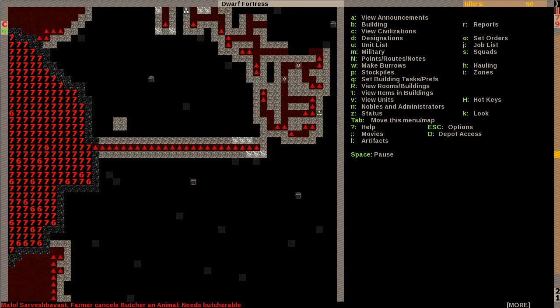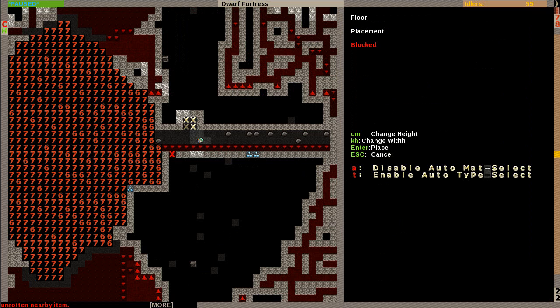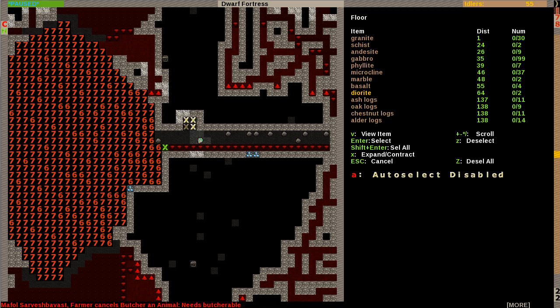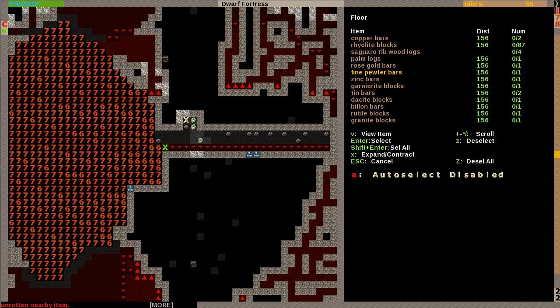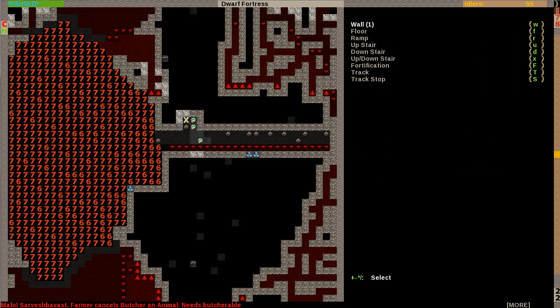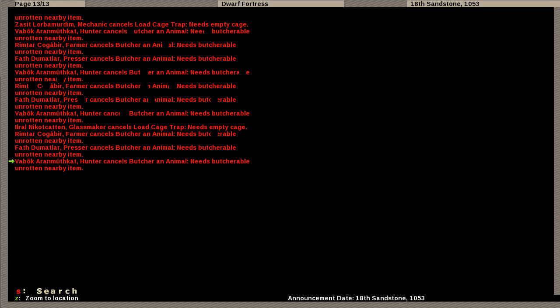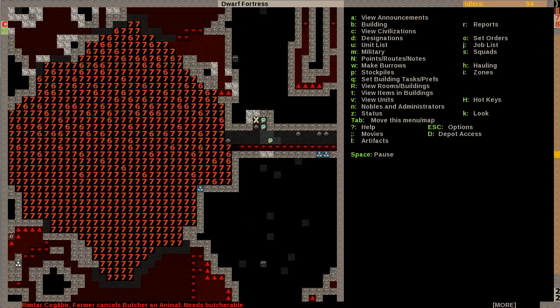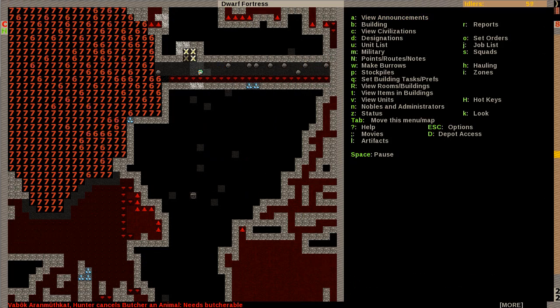It's fantastic. Okay, so what we now need to do is build a floor over that. And hopefully I can do that without horrible stuff happening. I guess we're going to need a magma safe floor, maybe? We should have some. Gabbro blocks. I'm going to use it anyway, just to make sure. Because, yeah, I don't know whether the floor will spontaneously melt if it's over magma. Well, I don't know, is granite magma safe? I can't remember, but that's right next to it, so...